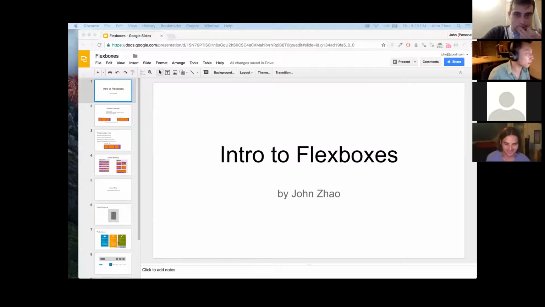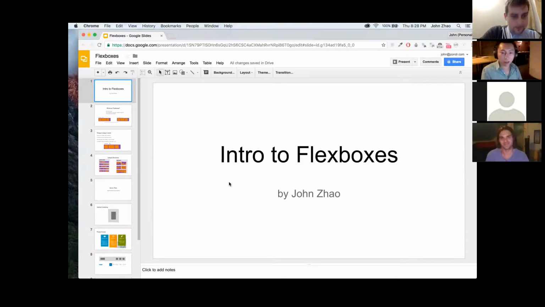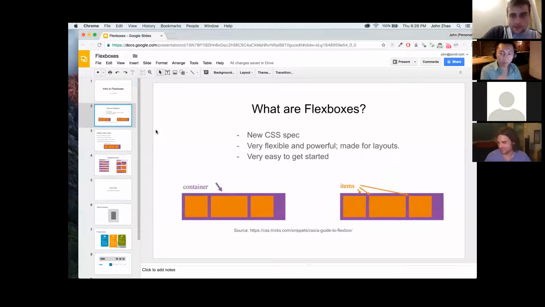Hi everybody. My talk is going to be on Flexboxes. So, what are Flexboxes? Flexboxes are a new CSS spec, and what that means is it's just a new series of properties that can be used to style how layouts and how websites work. It's very flexible and very powerful, and it was kind of made with a lot of the problems that modern websites have, like being responsive and a lot of the other problems where a lot of people use